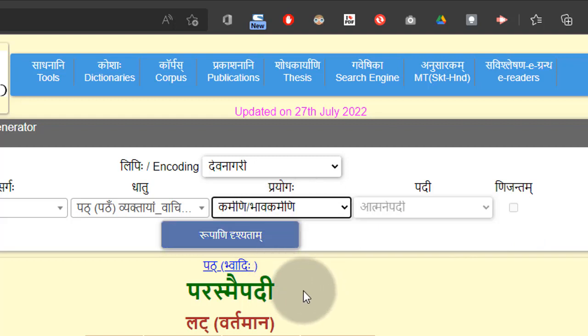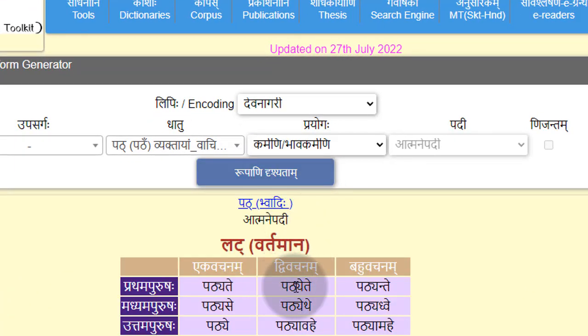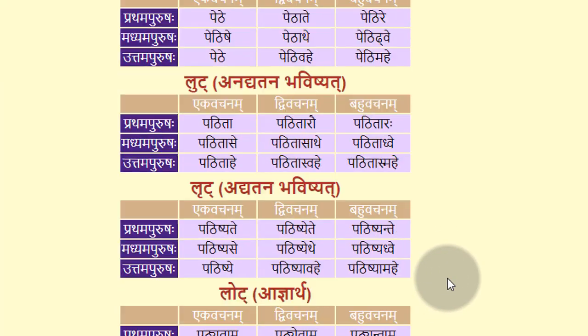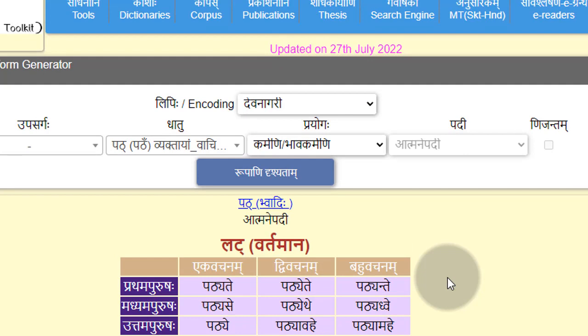The Karmani form of the verb, like that I taught in course 3, course 2, and in this course also I will revise those. You can just click Rupani, Patyate, Patyete, Patyante, like that all the 10 lakara you can see the forms.